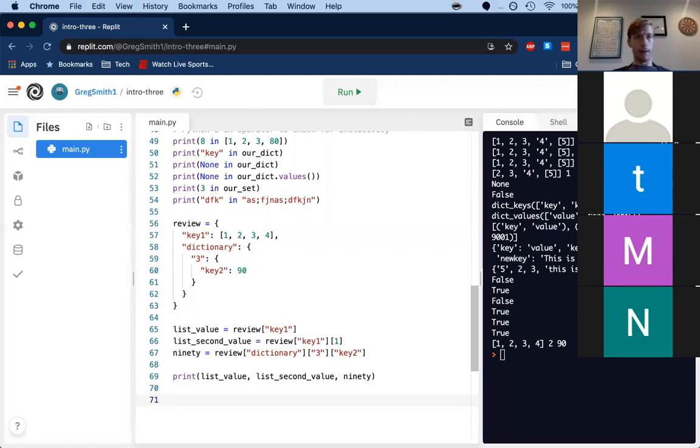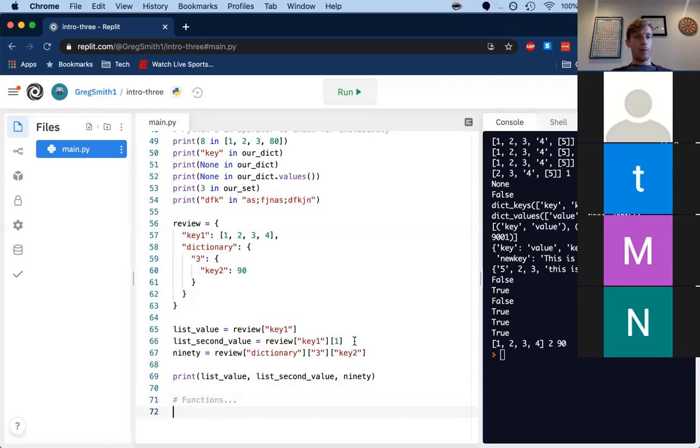Theoretically, we could keep going, right? Make it an even crazier nested data structure. Hopefully at this point, you kind of get the idea, right? If you can access elements in here, you can access elements with a little patience and tracing through of where everything lives pretty easily. All right. Any questions thus far? Cool. If not, then we'll get to our